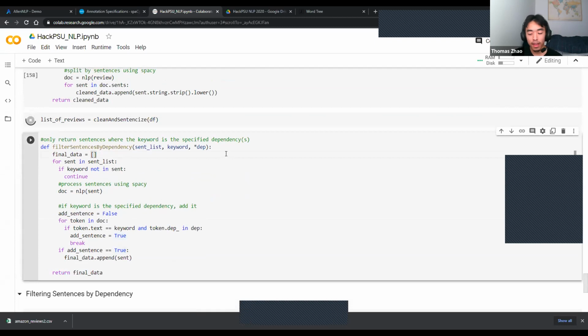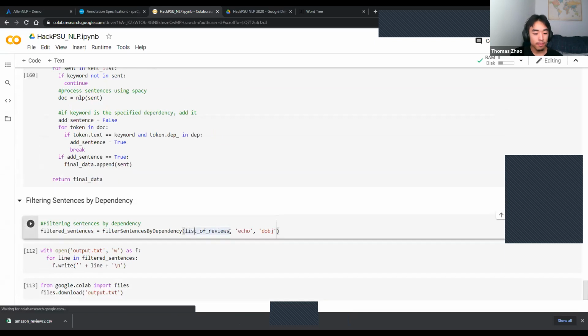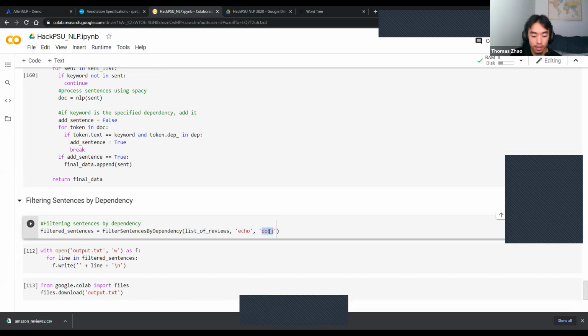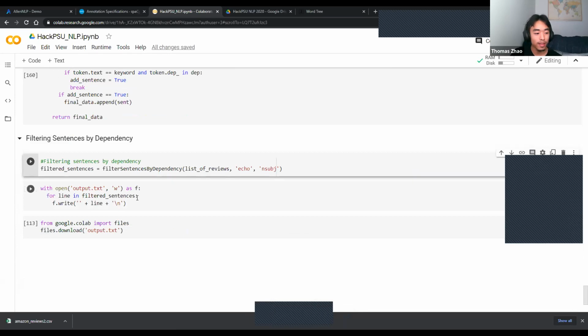And as a more practical application, we want to look at what customers are saying about Echo Dot. Is it a good product? Is it bad? Well, let's filter the sentences by dependency. Let's say when Echo is a nominal subject. And you guys can play around with it since you have your own Colab instance open.